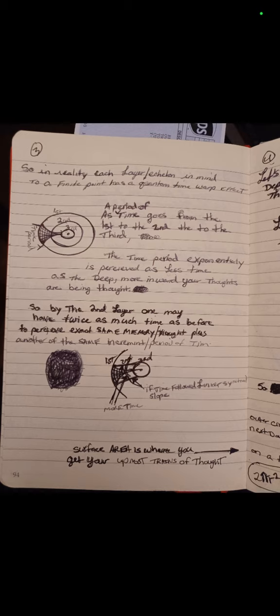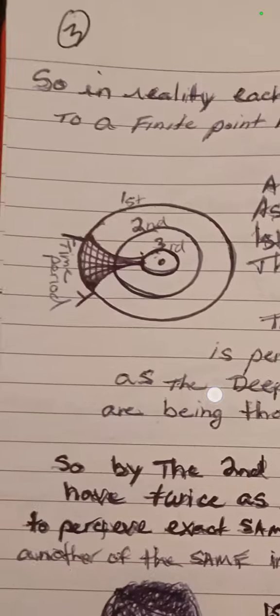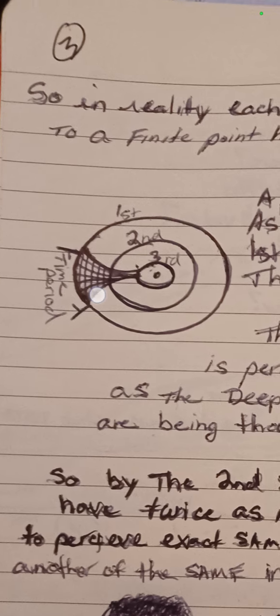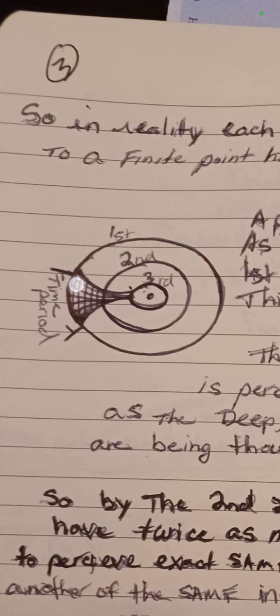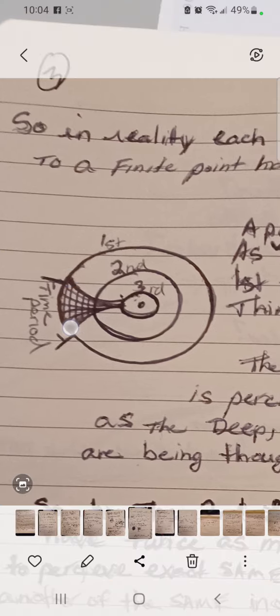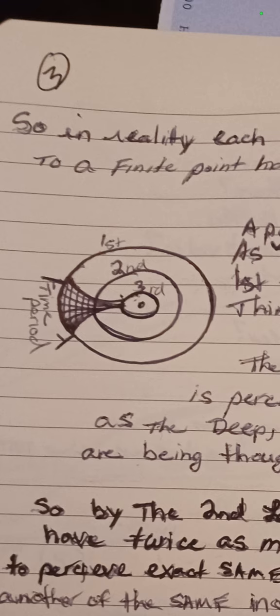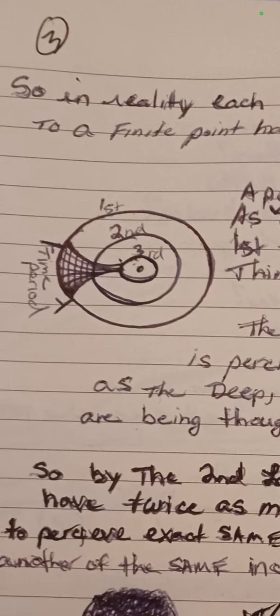That's what you call that curved line right there, when you graph it on a graph. So when you graph that, that little curve on your outside and inside. Now this whole line right here, from here to there, that's your real time. As you go in here, these are the layers in your mind. That's your second layer. Here's your third layer, and this is your finite point where time